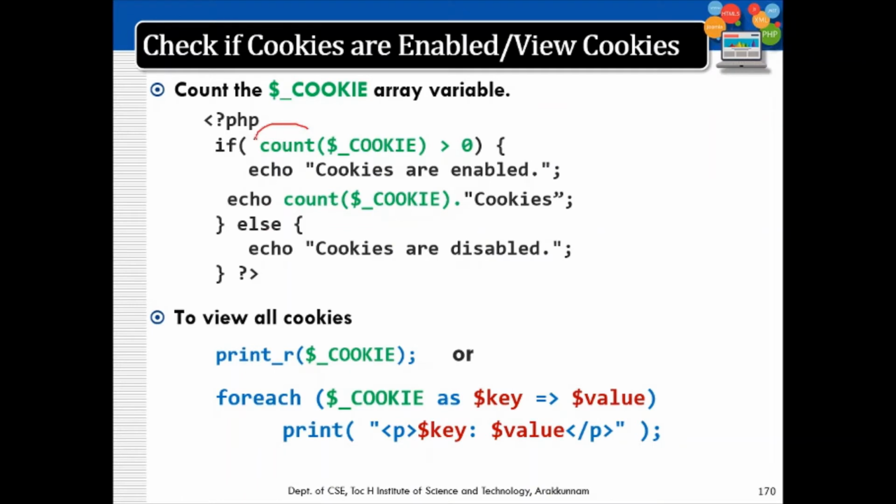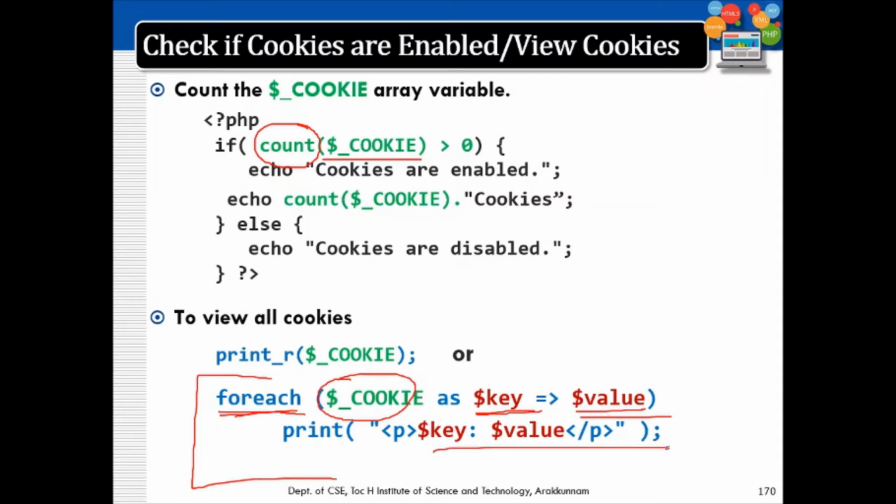We can have a count function to count the number of cookies set. So count($_COOKIE) will give you the count. We can use foreach, as $_COOKIE is an array. So of course the foreach function can be used to print the key and values one by one. Please do remember that $_COOKIE is an array, so the foreach statement can be used to print its key and value. This format we already studied in foreach and arrays. So we can just print the key and values.